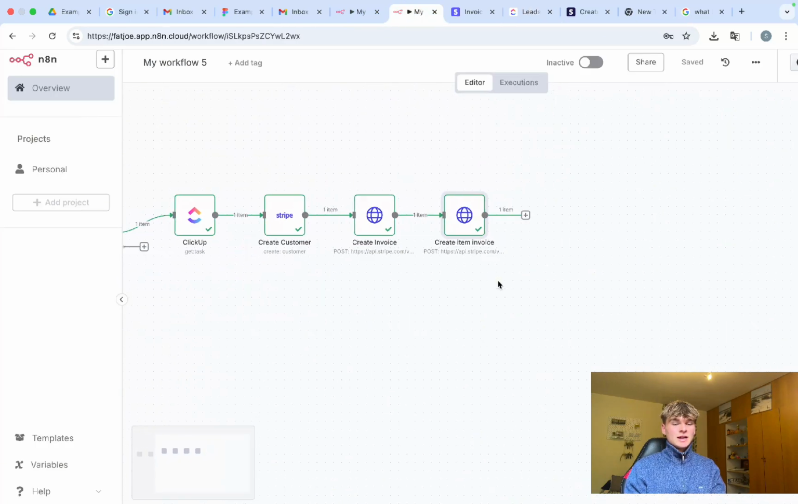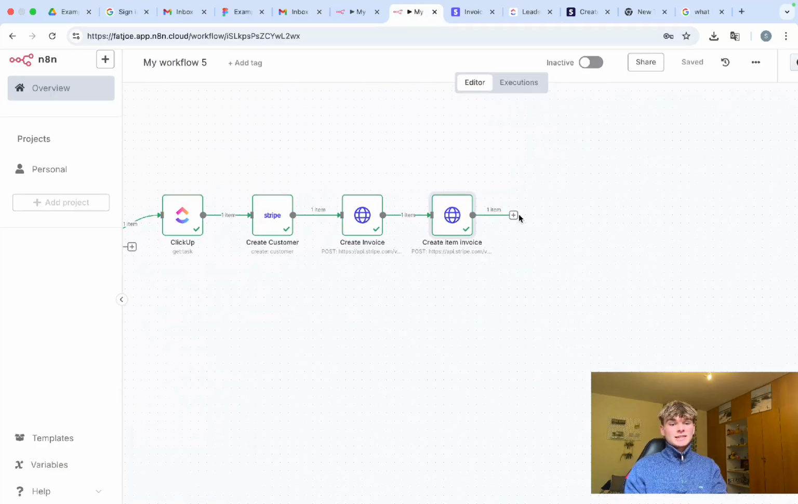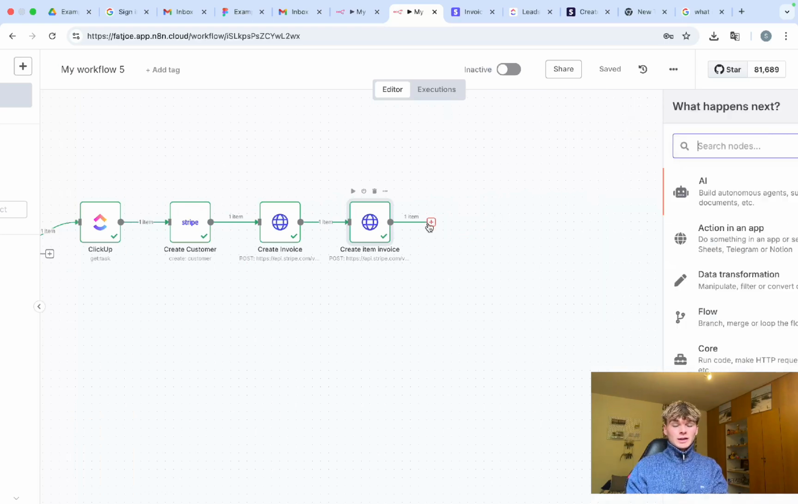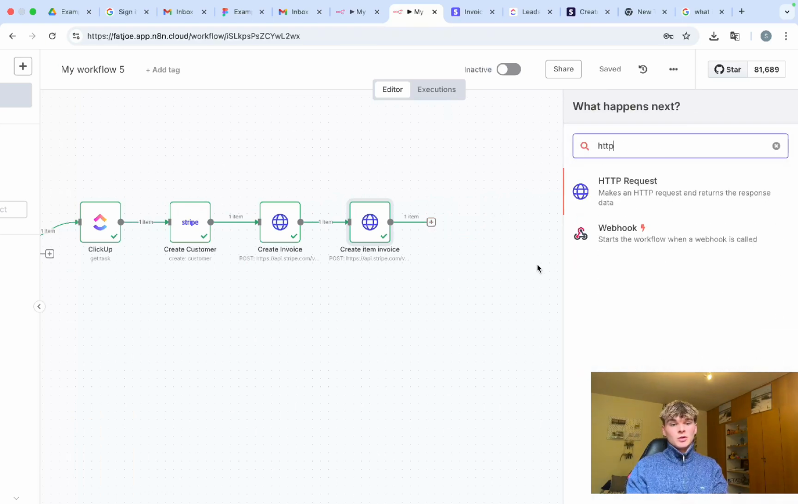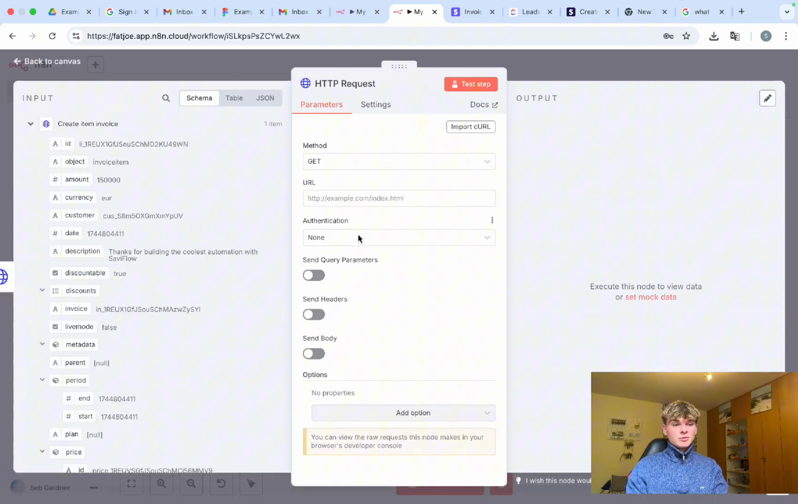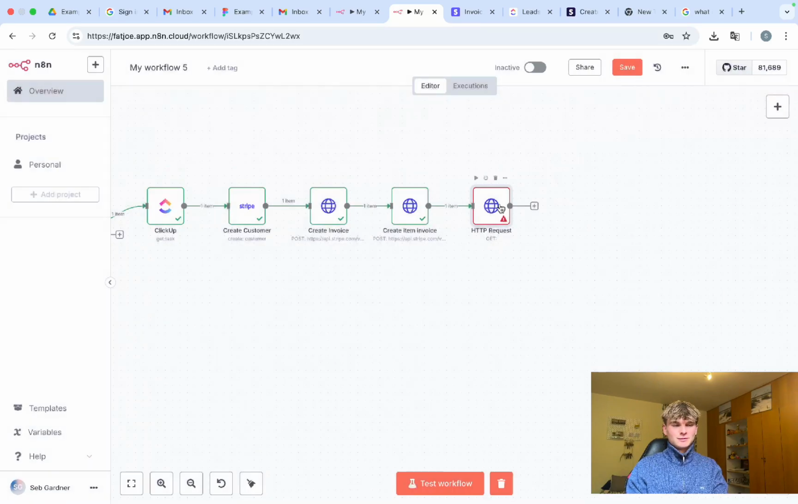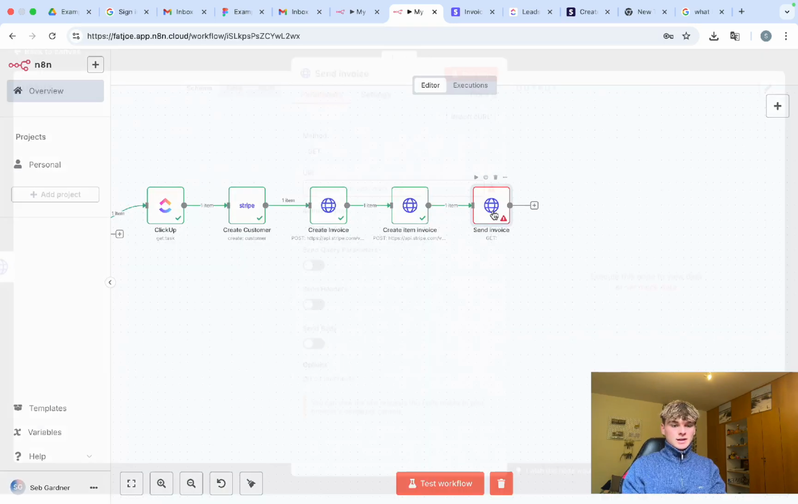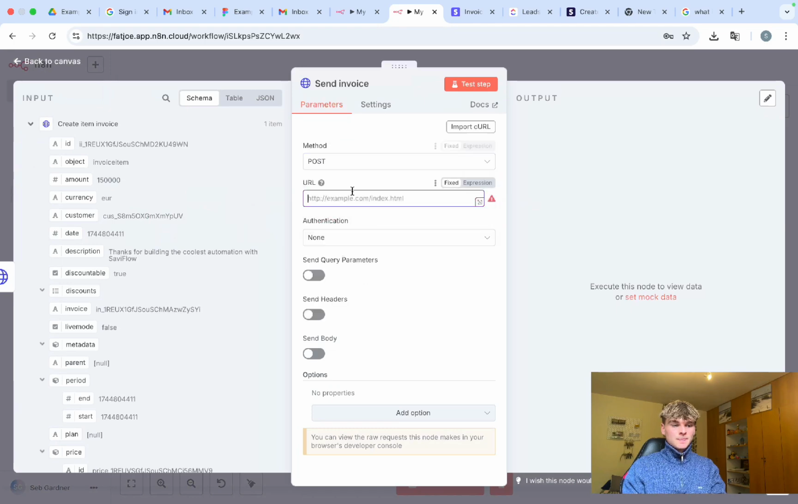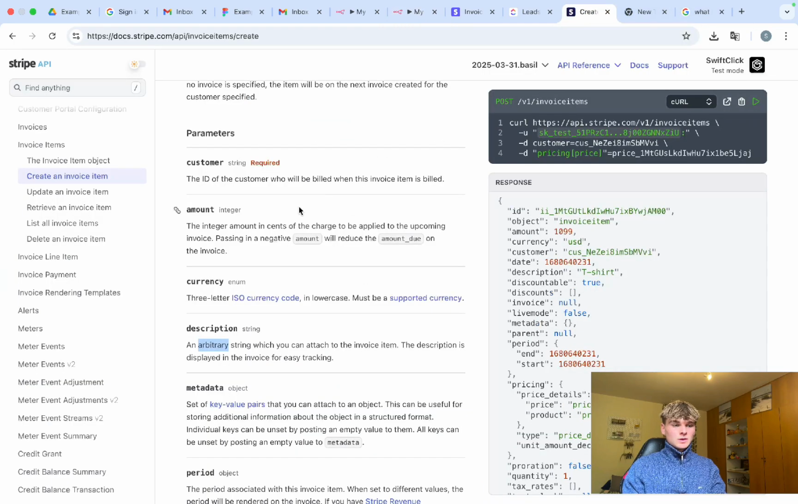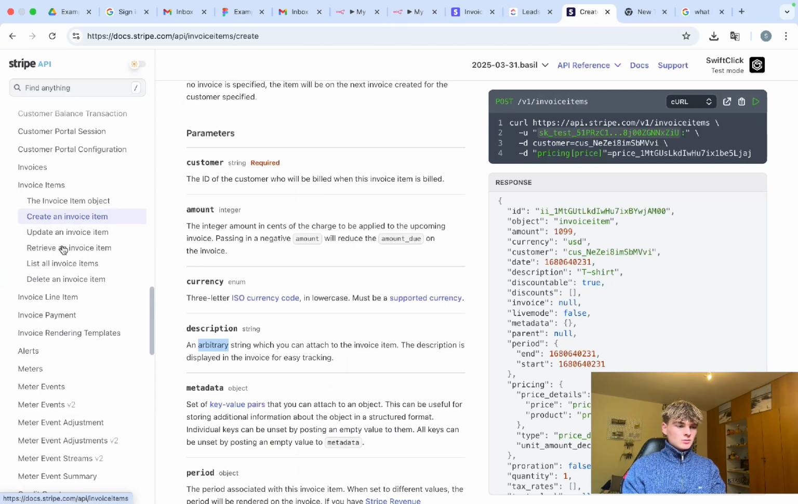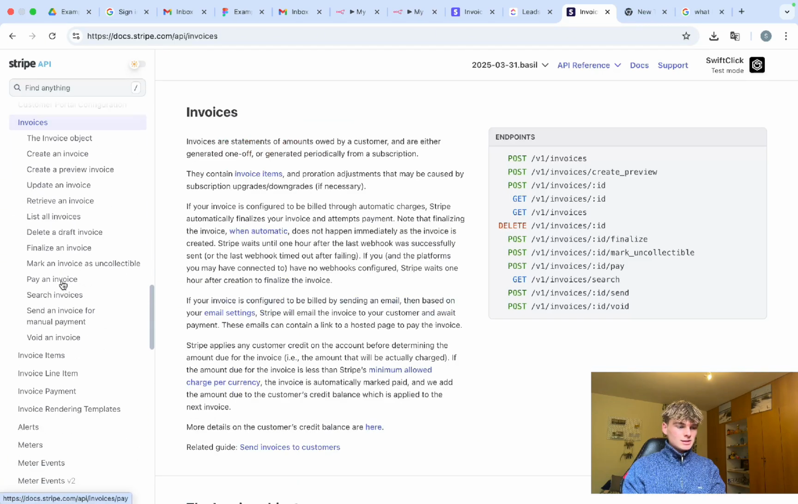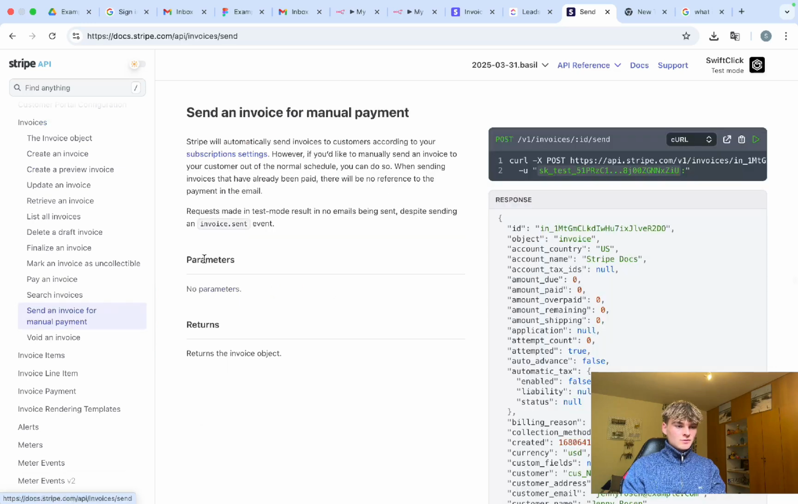Now the next thing we want to do, now that the entire invoice has been created, is actually sending the invoice. We also cannot do this with a built-in node in n8n, which is again a bit unfortunate, so we have to use another HTTP node. So we're going to do send invoice. Method will be post again. And if we go here, we need to find where send invoices is. So if we go under invoices, search send an invoice for manual payment, and then we'll be able to copy over this URL,